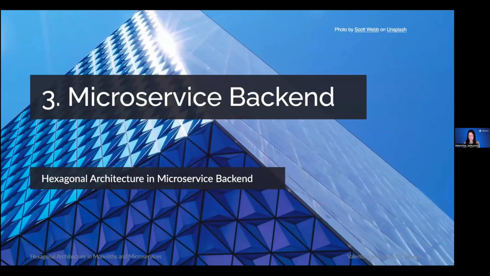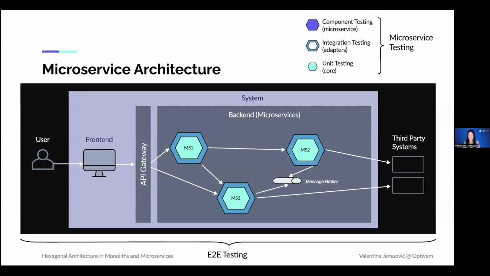Next, let's look at hexagonal architecture within microservice backends. So we have the same architecture diagram as before, but the difference is that now the backend is no longer a monolith. Now it is a microservice backend. So typically here we have an API gateway. We could have multiple microservices, and these microservices may communicate with each other and with message brokers, and also with